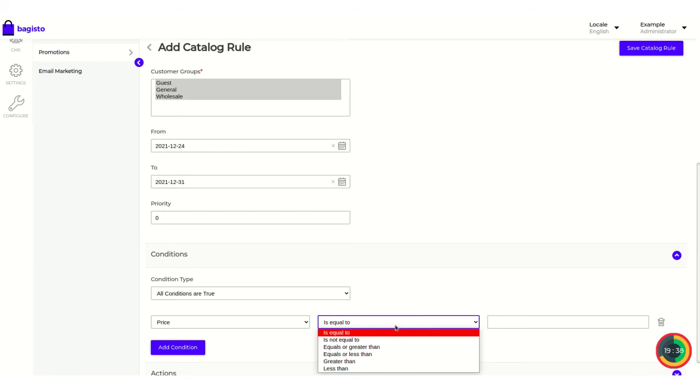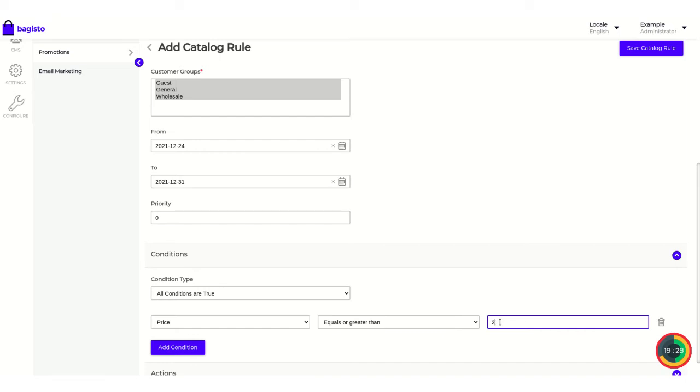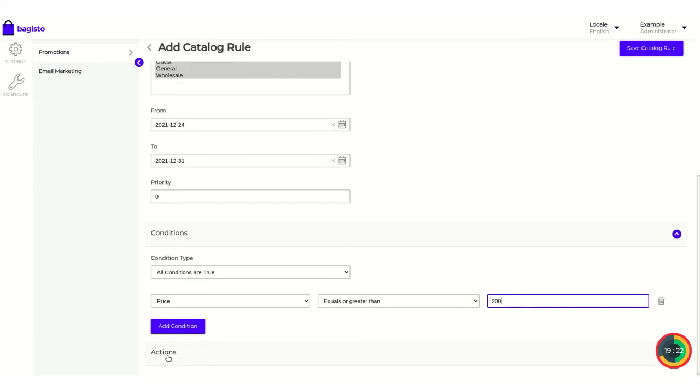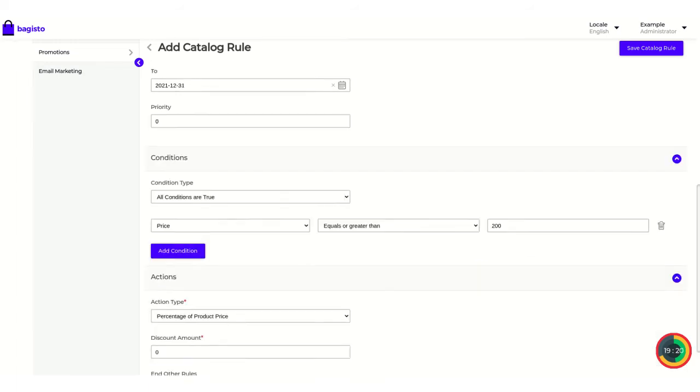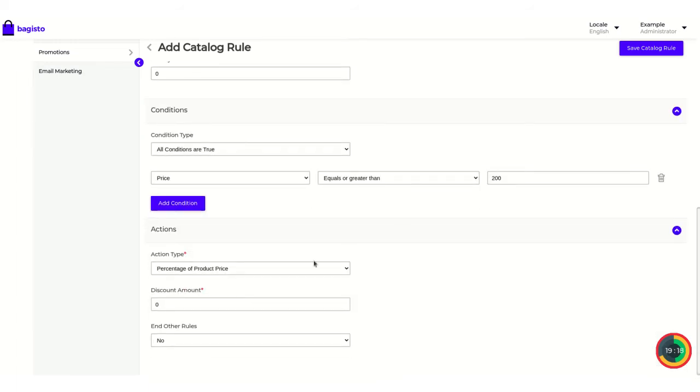Suppose here we are selecting is equals or greater than. So if the price of any product is equal or greater than 200, then the catalog rule will be applicable for that particular product.